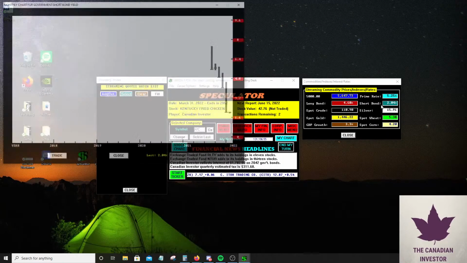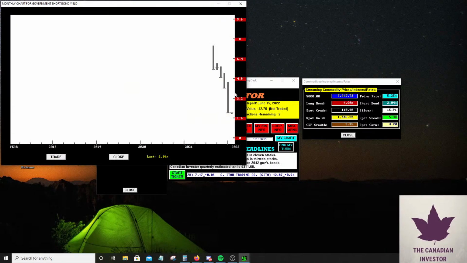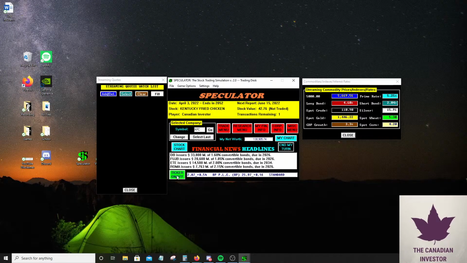So if I see the short bond go up a little bit and start to make a bit of a reversal on the technicals, I'm probably going to go ahead and exit my bond. Right now, I'm going to keep it for the coupons. Right now, bonds are pretty bad because we're considered in a low interest rate environment in this game. So that's where I like to go into the bond laddering strategy.